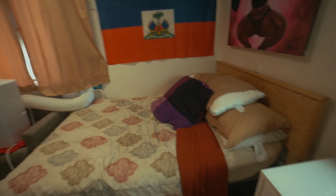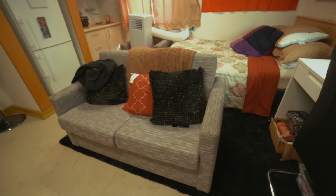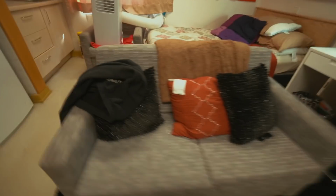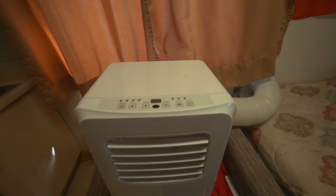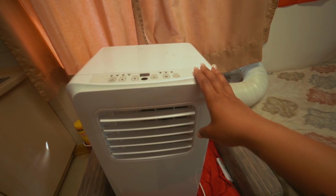Then this is my bed. I believe this is queen size. I'm not too good when it comes to knowing sizes of beds. This room does come with a couch. When I did get this room, we had all new furniture, so thank God, because I don't want to be on nobody's used couch. Also comes with a love seat, but this is where I put my AC, because if you don't know, Germany doesn't have AC, so I bought one of these at the PX for about $2 something, and then you let the tube go outside the window, but you have to cut it off kind of with cardboard so the hot air can get out. This is basically,